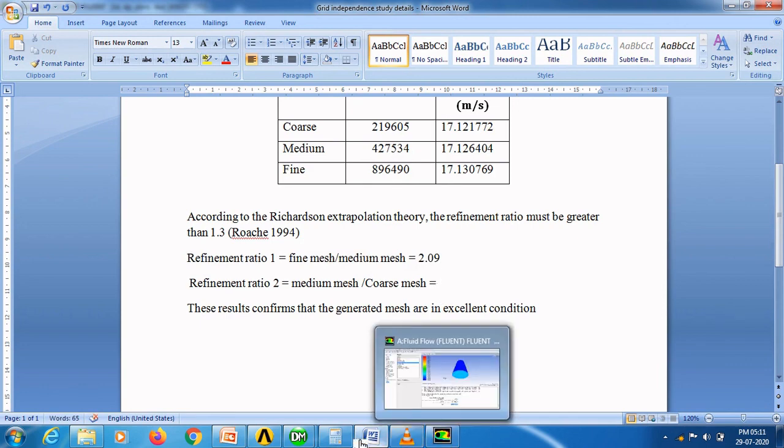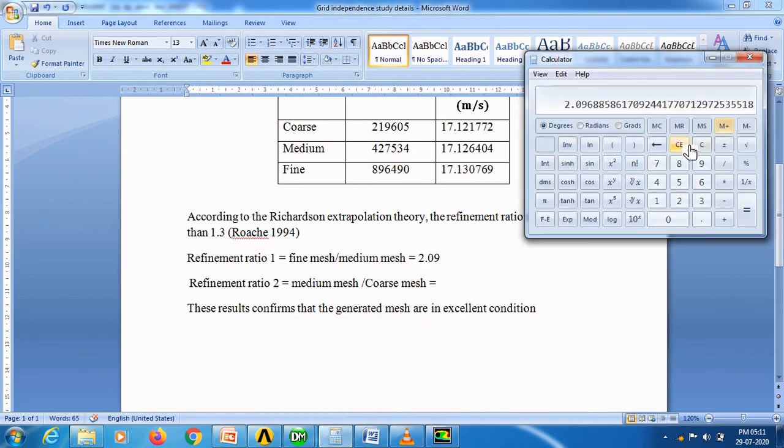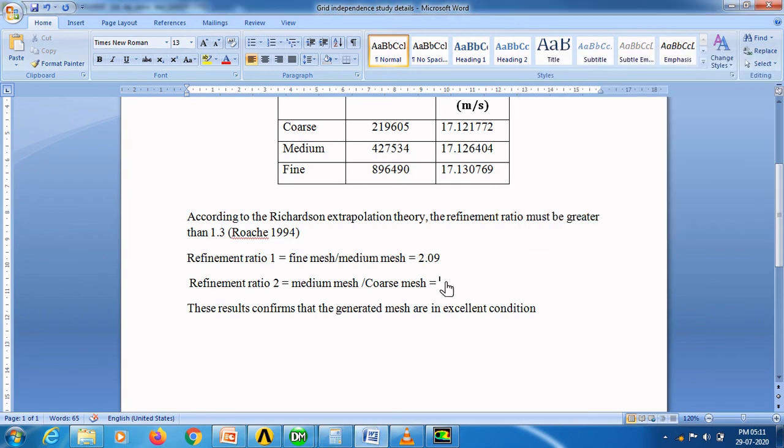After that we have to calculate refinement ratio 2. This is the ratio of medium mesh to the coarse mesh. The calculated value is 1.94.